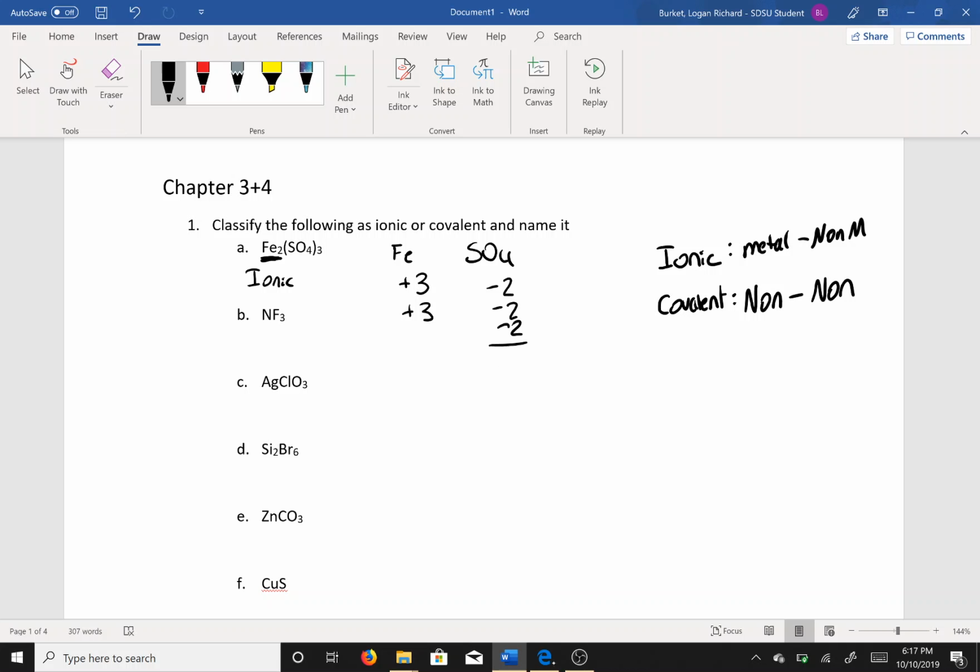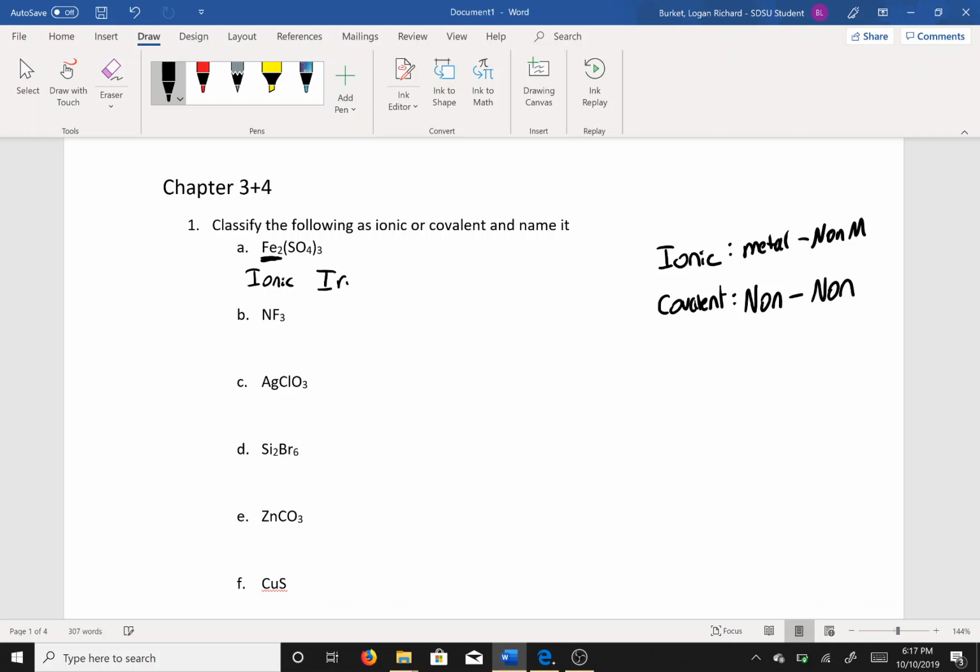A method of doing this is to, first off, sum up all of the nonmetal charges. So -2, -2, -2, because there's 3 of those. And then when you add that all up, it's -6. And then you divide it by the number of irons, there's 2. And then the absolute value of that, which basically just makes a negative a positive, is the charge of iron, because the charges from the irons have to cancel out the charges from what it's bonded to. So iron has a +3 charge. So therefore, the naming would be